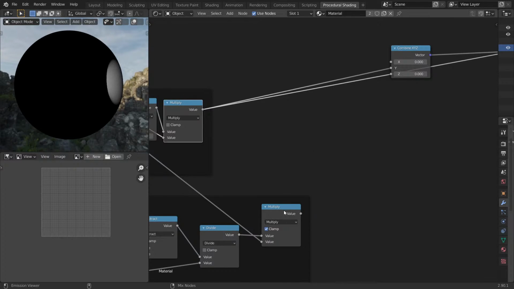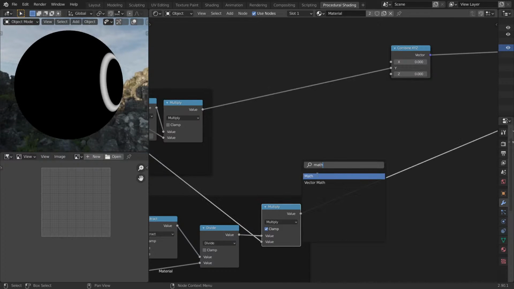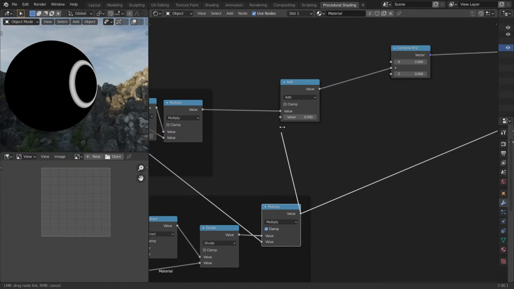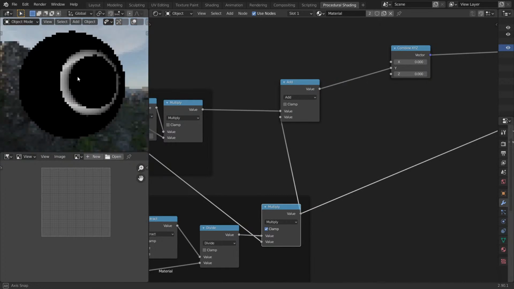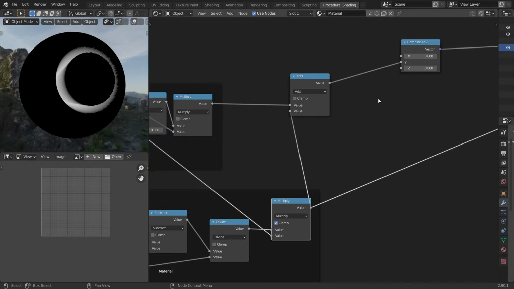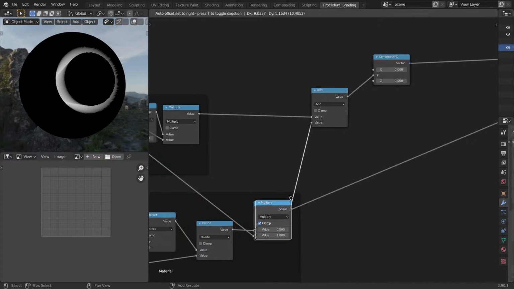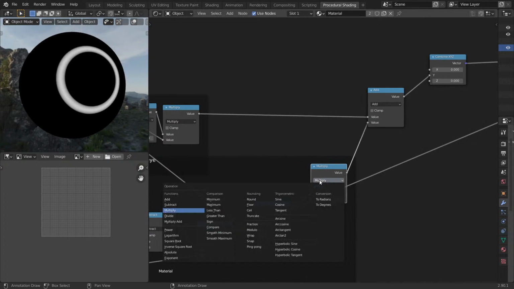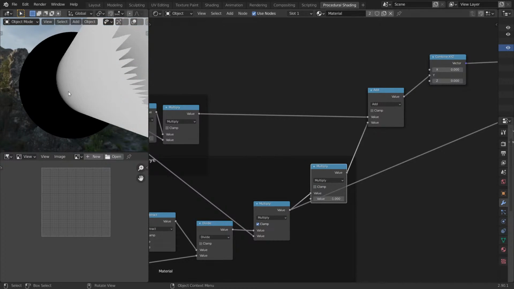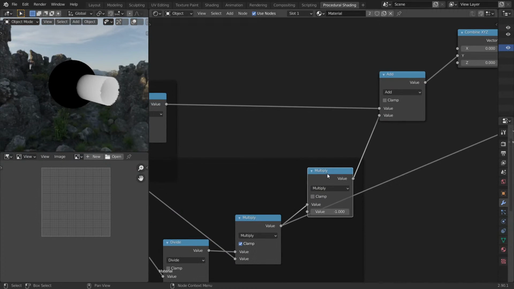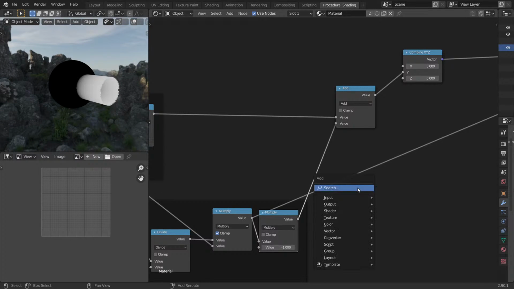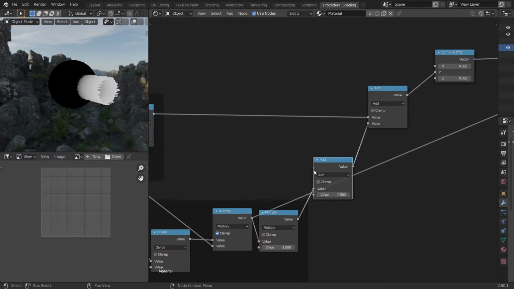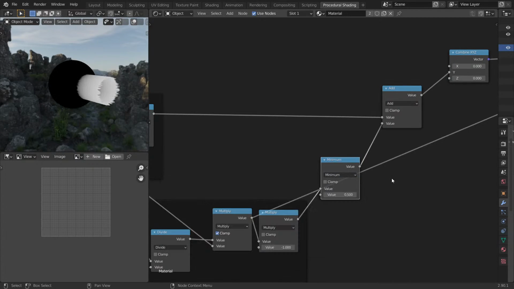So I have this and I have this, except I might have to, because this is going to get pulled in now, just like I said. There you go. I might have to multiply this by -1. Now it will extrude outwards, and obviously this is a lot, so let's add another math node and multiply this by,